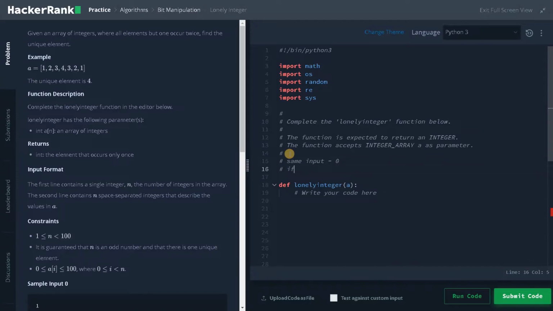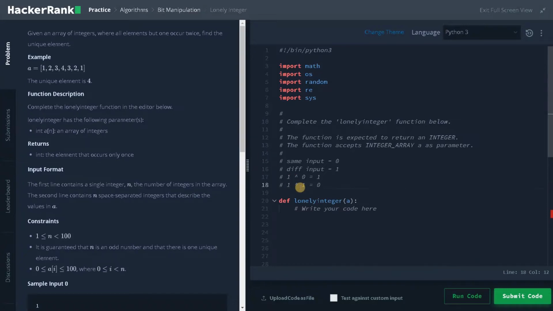If you have different input, the result will be 1. So for example, 1 XOR 0 will be 1. 1 XOR 1 is 0. So this is the functionality of XOR operation.